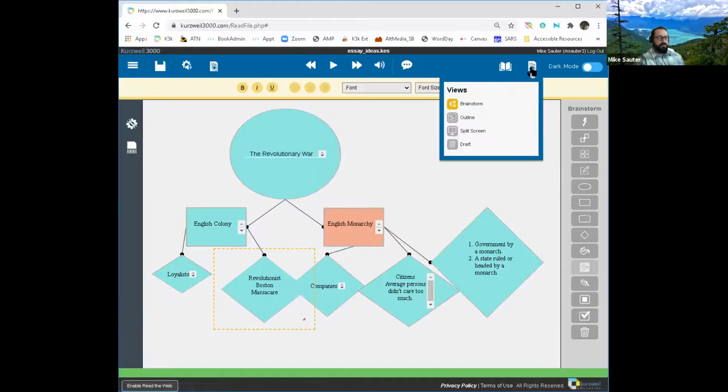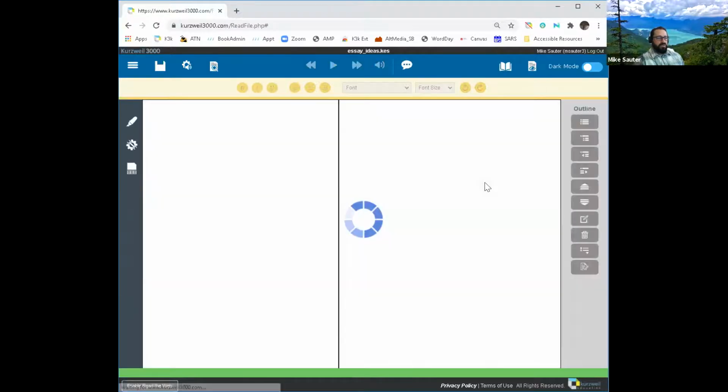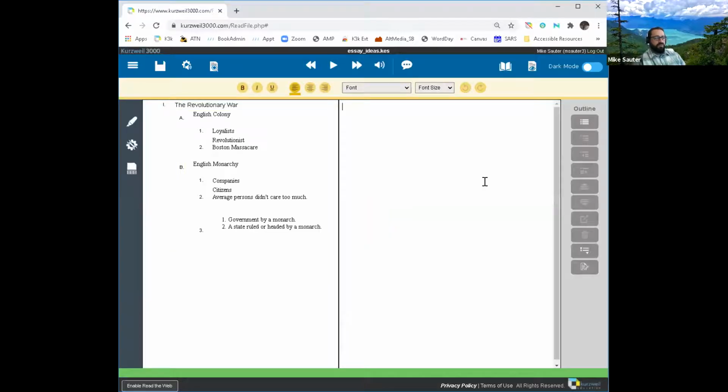Pretty neat feature using the snap to outline view. There's also a snap to split screen view, which gives me a shot of writing my first draft using my outline on the left, and now I have a space to write out my draft.